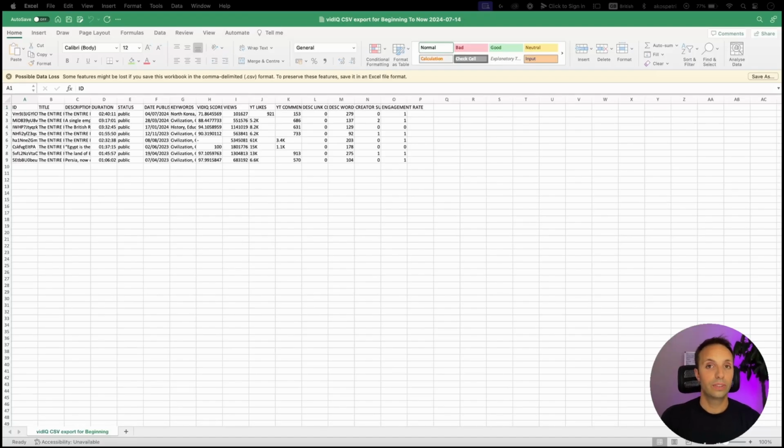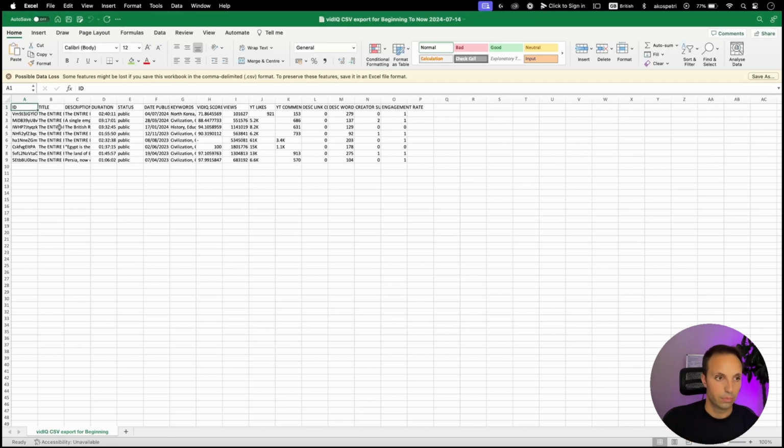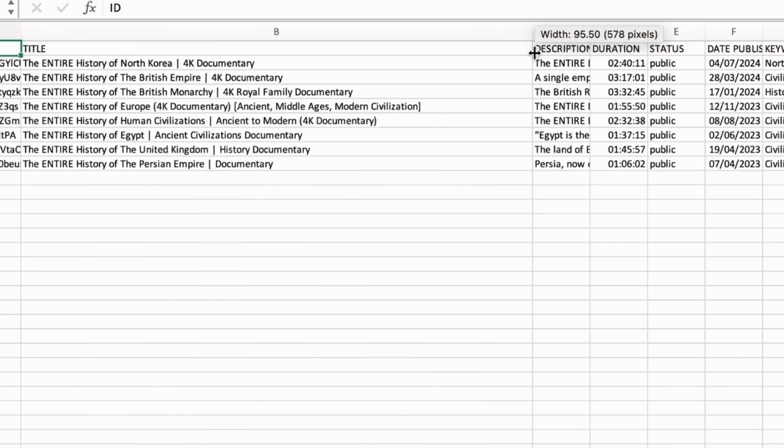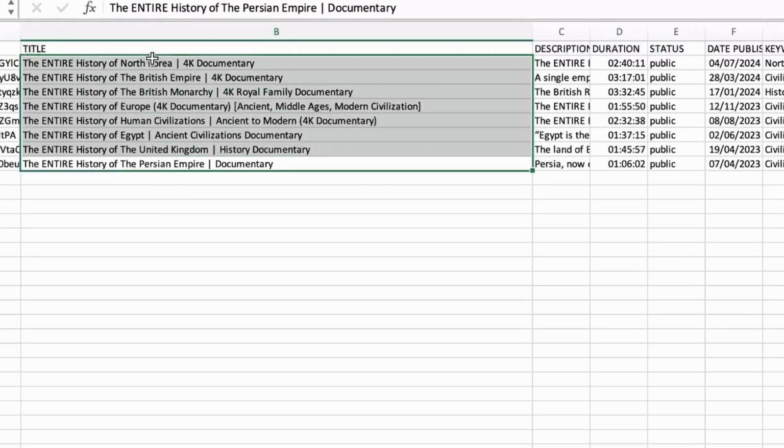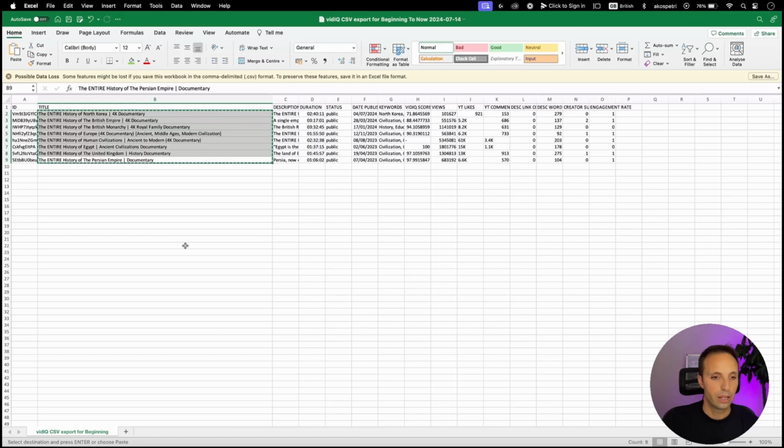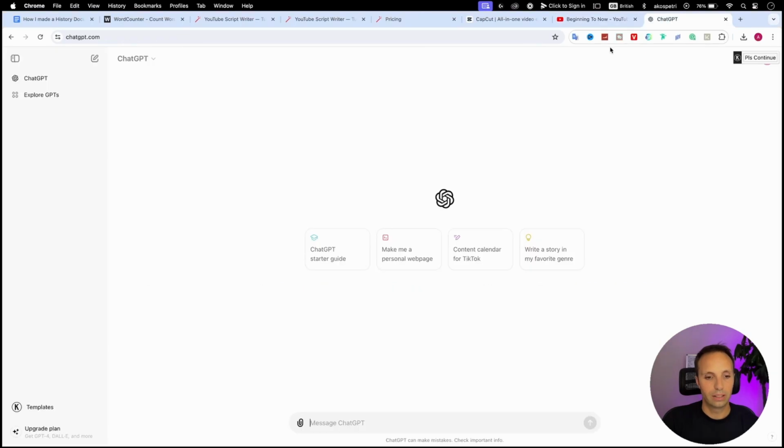So once you've downloaded, it's very simple. You just right click on the file and say open with Excel, and this is going to come up, okay? And then you can see the titles here, all the titles. Now, the next thing you want to do is copy these titles, all of them, jump back into ChatGPT and